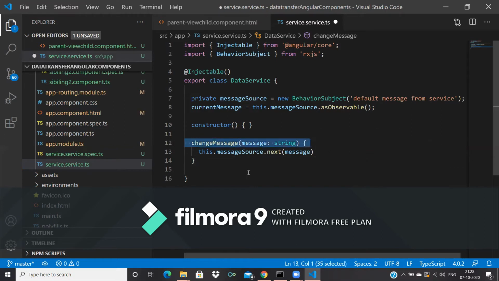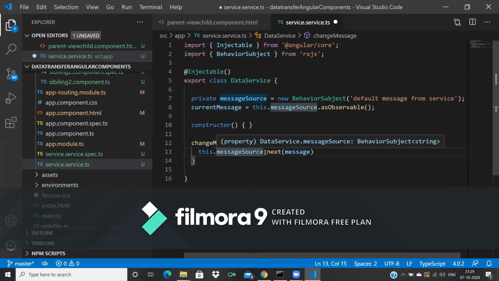I'm initializing change message with a message, and here this.messageSource.next(message). What I'm doing here is that the value of the message comes here and I pass the value to messageSource. This is the meaning of .next. The value of the message will go to messageSource. I will be showing you while debugging.